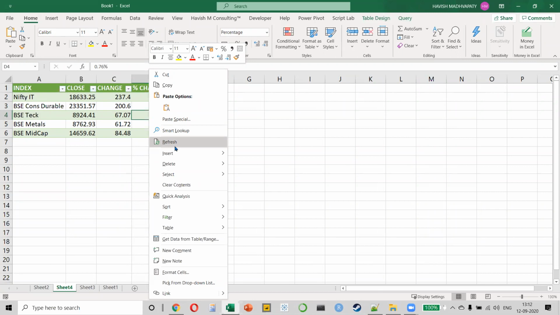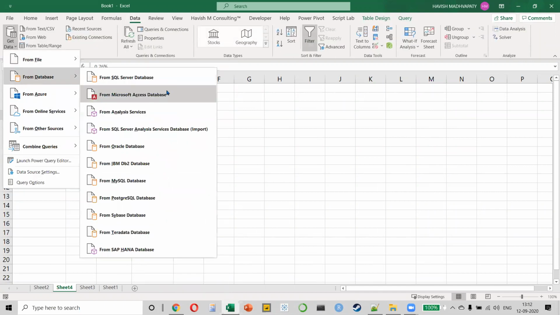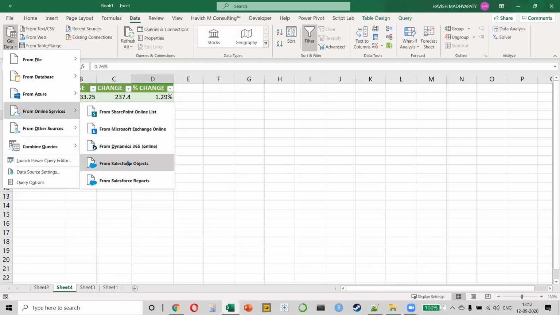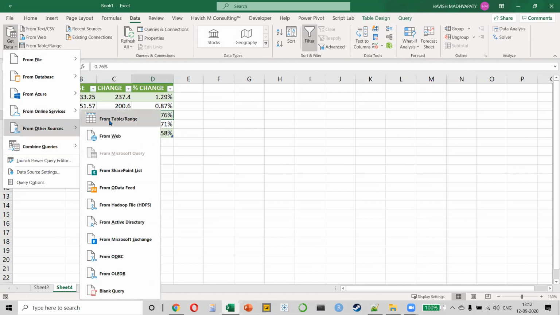Again, these are things that were not available 3-4 years back, but now Excel is such a powerful tool. It has the capability of being able to connect to different websites and databases as well. As you can see, we can connect even to different databases here. Like I can directly connect to SAP HANA from Excel. How cool is that? Like who would have thought that something like this would ever be possible? Right? So you have Microsoft Azure, you have different online services, you even have Salesforce available here. And they keep on adding more and more options to this list.